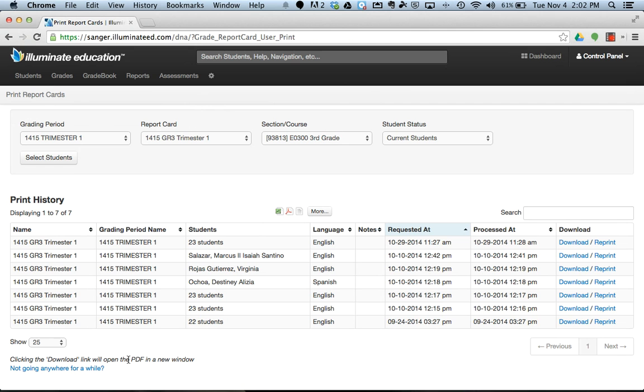Now, you might have a print history here if you've kind of played around with this and you have maybe printed up parent letters or printed up any report cards just to see what it would look like. But if you don't have anything, then all you would have is this up here, the grading period, which you want to make sure is the correct trimester, the report card, which should only give you that one grade level,